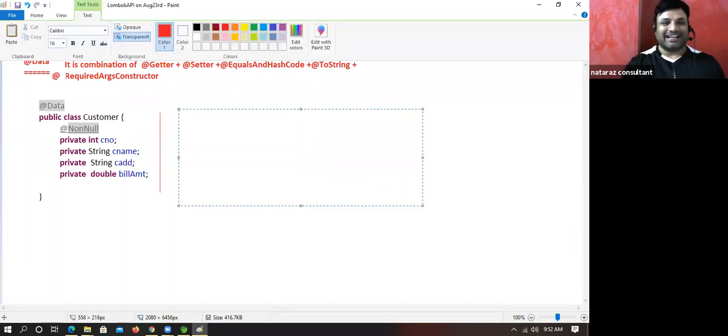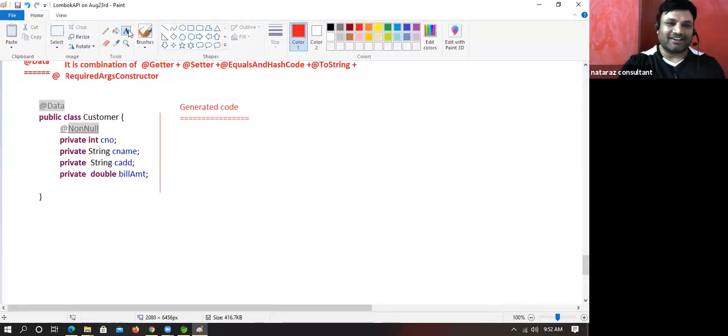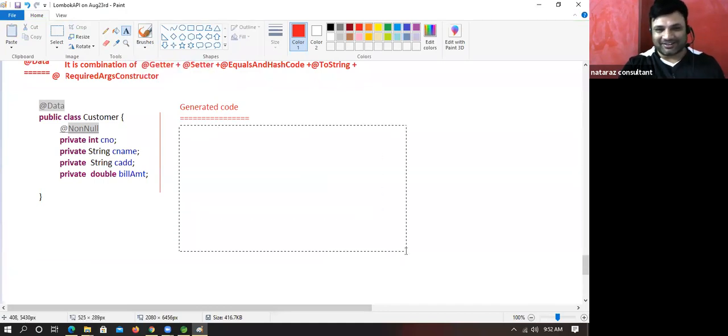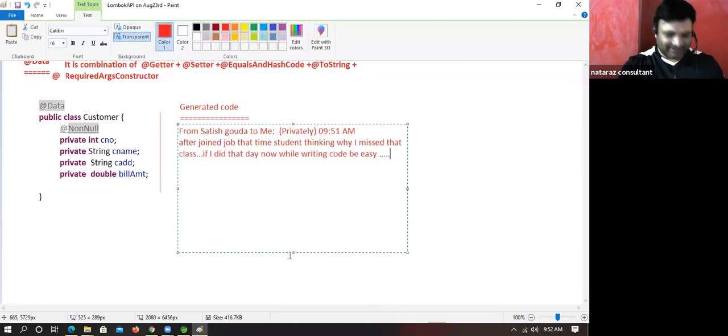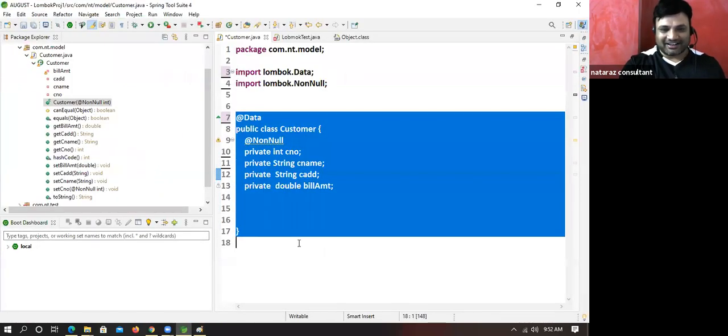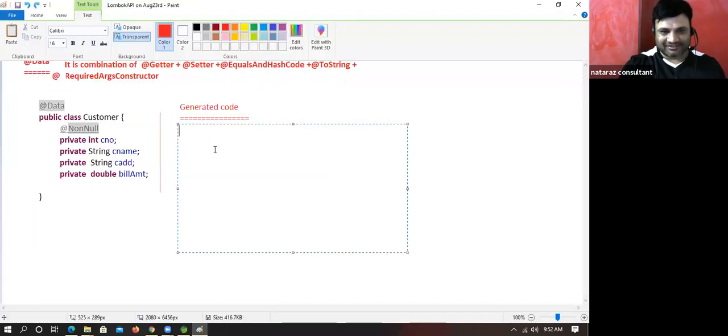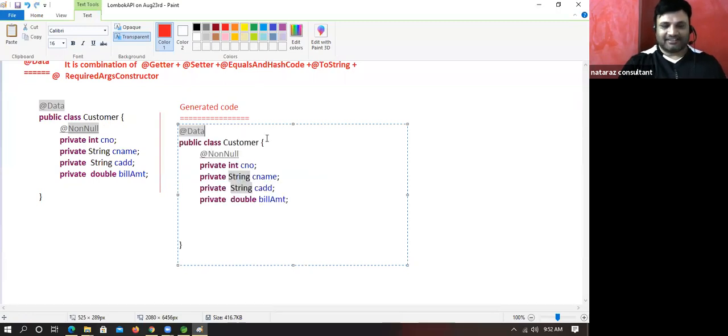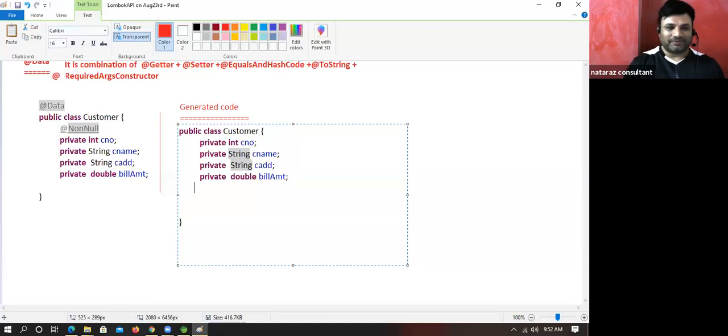Generated code. Yes, this is the generated code. Tell me, what is the generated code here? People are excited like anything nowadays. So the generated code is this. @Data will come. Tell me what it will give.